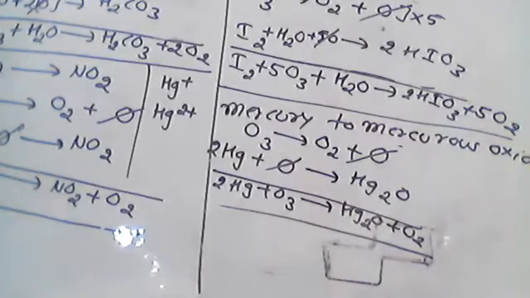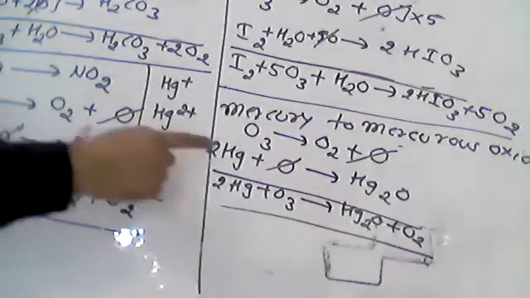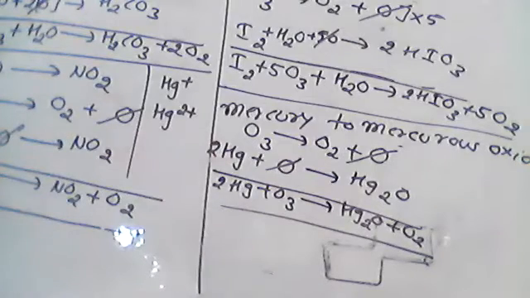So here it is. A very important thing. One reaction I discussed with you related to ozone decomposition, one I discussed with you earlier, and this is the third important reaction. Mercury does not have a tendency to stick to surfaces. What is the meaning of this? If you pour water into a container and then empty the container, the water droplets stay stuck on its surface. That is what it means that water has a tendency to stick to a surface. But if I take mercury and put it in a container, when we remove the mercury, it does not have the sticky property. It will not stick to the surface. You know that.